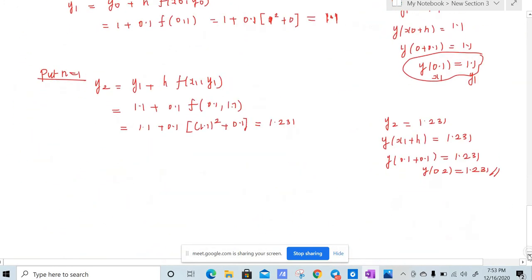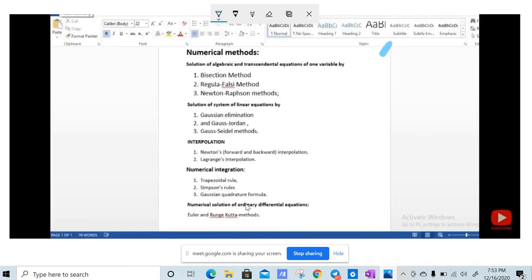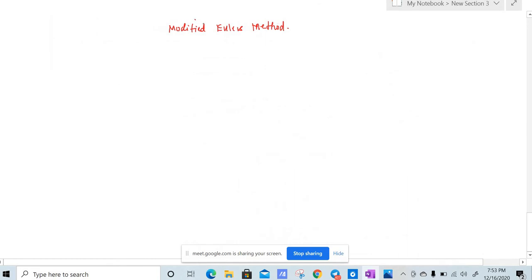So now we'll move on to the modified Euler's method, right? The same question, but we're going to do it in a different method. So it is the modified Euler's method. Actually this is not in the syllabus. The syllabus only has Euler's method, but I don't know whether this method is there, and there are no previous questions on the modified Euler method either, but we will do this, right? In Euler's method there are two subcases: one is Euler's method and another is the modified Euler's method. So if in the exam they ask us to do Euler's method, you can do the previous part which we did.